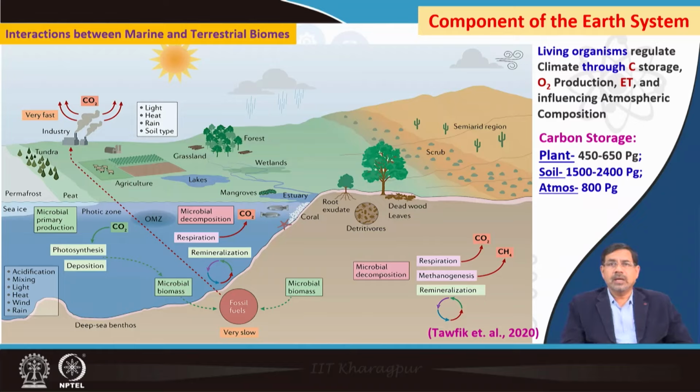So just multiply, currently in terms of ppm, the CO2 concentration is about 425 plus. So 425, if you multiply with about 2.19 as a thumb rule, it will be more than 850 petagrams. So the atmosphere is loaded with more than 850 petagrams of carbon. So this is a kind of carbon storage, or the amount of carbon held or present in different reservoirs,